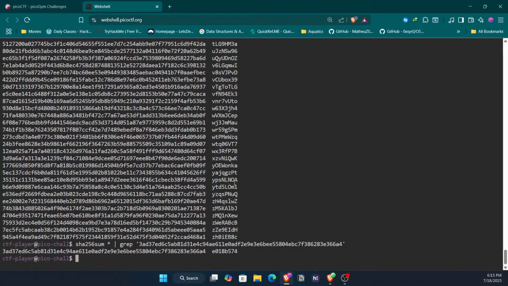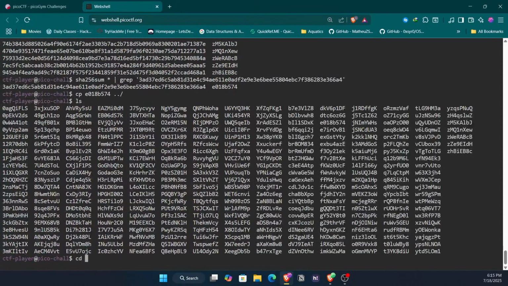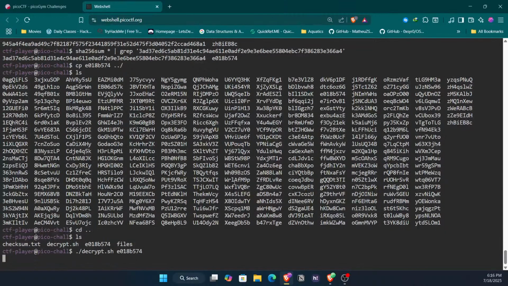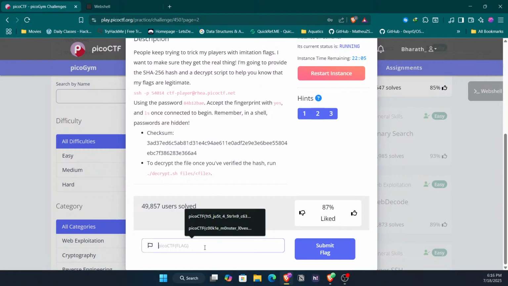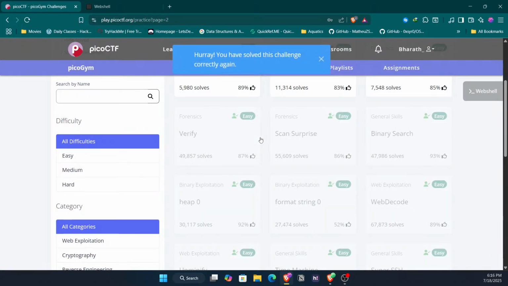So what shall we do now? Let's copy e0 into dot dot slash. Now do we have the file here? Yes, and it's over. Running decrypt.sh on this particular file we get the flag. Copy, paste and submit the flag. It's that simple. And next,